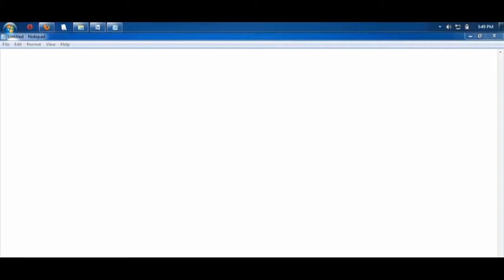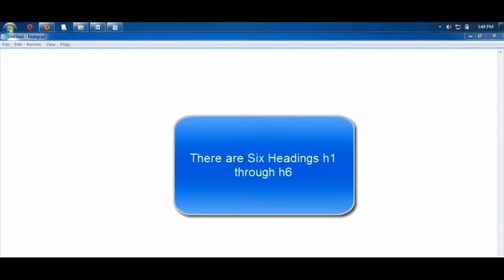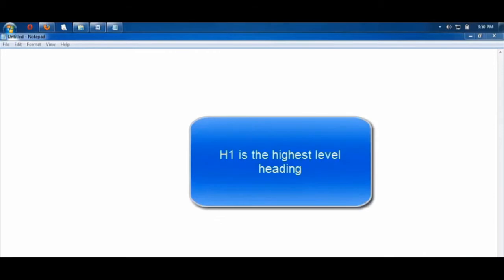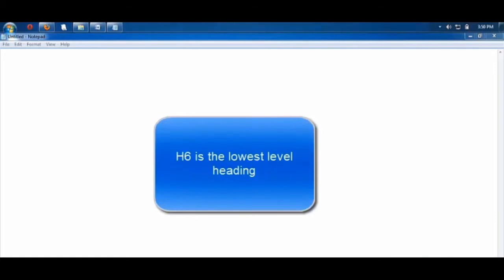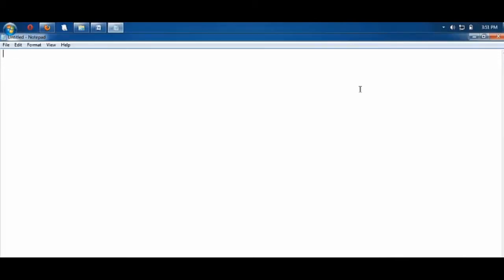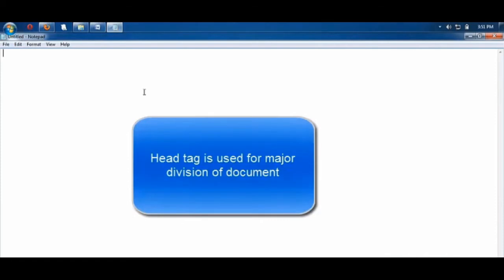Now let us see. First again we shall start with the structure of HTML. When we talk about headings, children, we have discussed this in our previous class also, that headings have the capability to enlarge the font size from the regular one. We have 6 levels in descending order. H1 is the highest level, and as you move down to H2, H3, H4, the font size of these headings will get smaller and smaller.